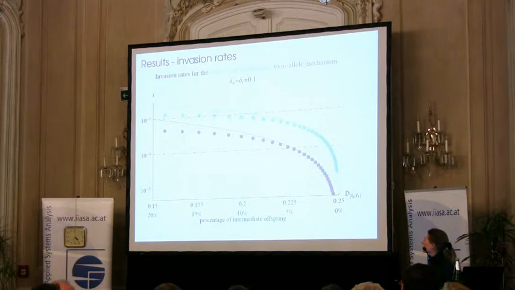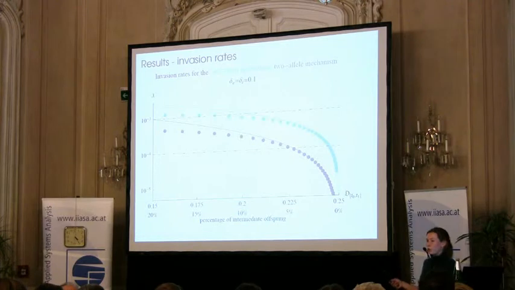Now if we really want to quantify the strength of reinforcement, we can, for example, interpret the invasion rate as the selection coefficient of this modifier allele, and maybe compare it to the probability of a neutral allele to become fixed in the population. This dashed line here, for example, corresponds to an invasion rate of 10 to the minus 4. Everything above this dashed line would correspond to a reinforcement that's stronger than the probability of a neutral allele to become fixed in a population of 10,000 individuals.